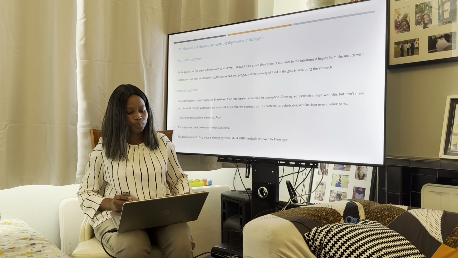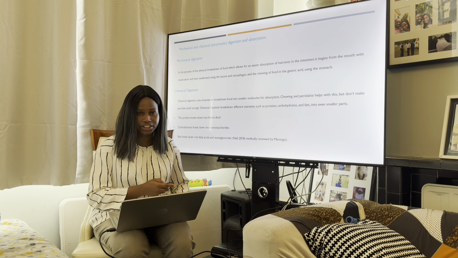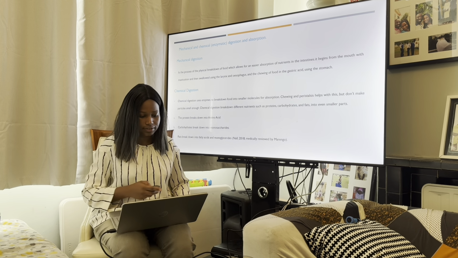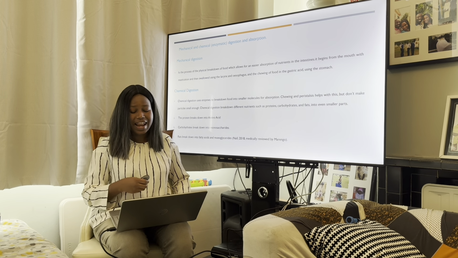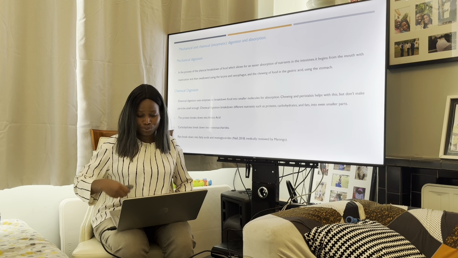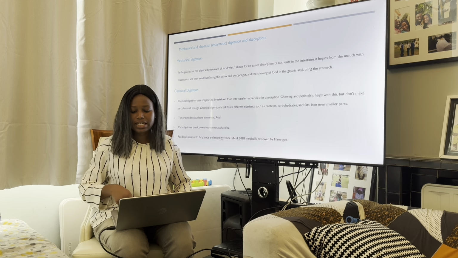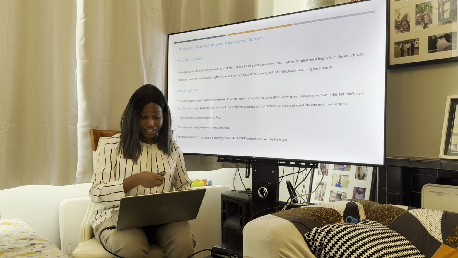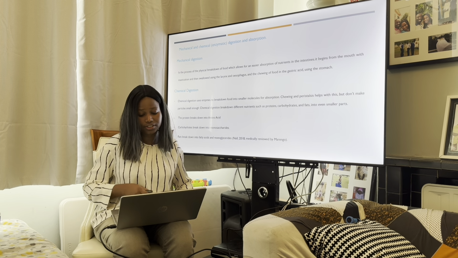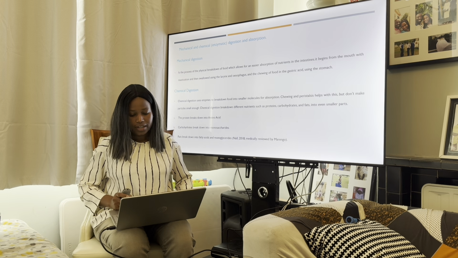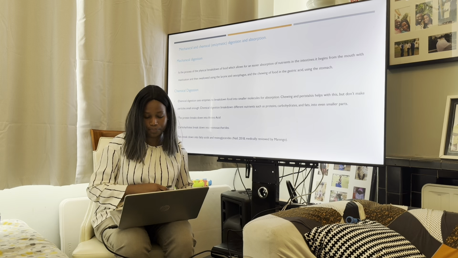Mechanical and chemical, which is enzymatic digestion, and absorption. Mechanical digestion is the process of the physical breakdown of food, which allows for easier absorption of nutrients in the intestines. It begins in the mouth with mastication, then food is swallowed using the pharynx and esophagus, and churned with gastric acid in the stomach.